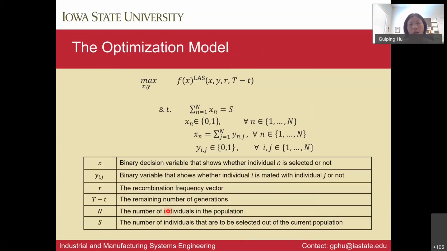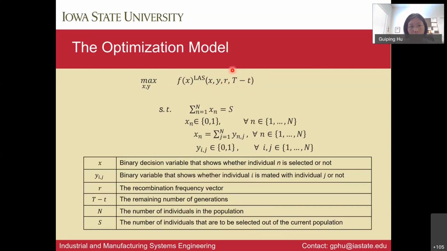We provide all the details. But the key point here is that, well, in IE, this is called an optimization model. You have an objective function, which is subject to a variety of constraints. Okay, so I'm using a matrix form, but actually there are many of these types of constraints. I want to draw your attention to the top over here. The decision here will include which ones to select, but there is information about how many generations are still left when I'm making the decision, and what kind of recombination frequency we are facing in this type of population.